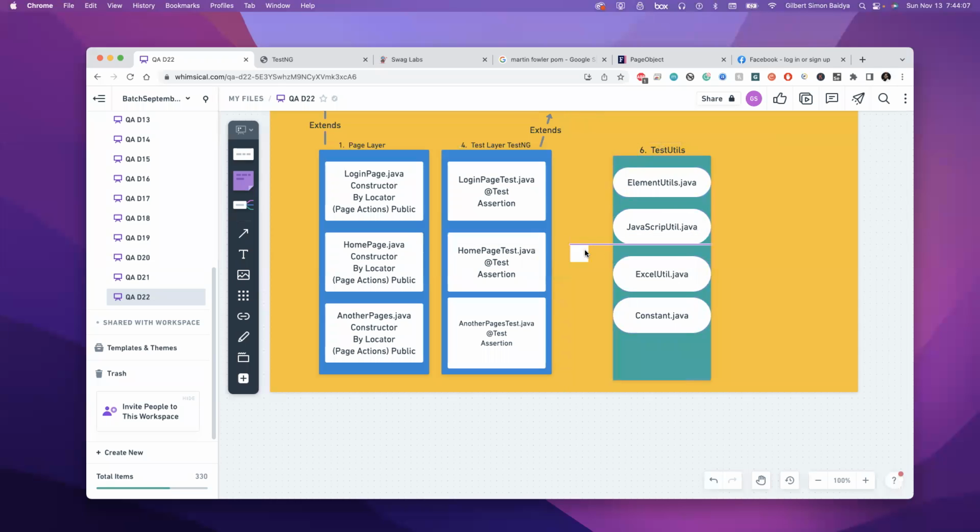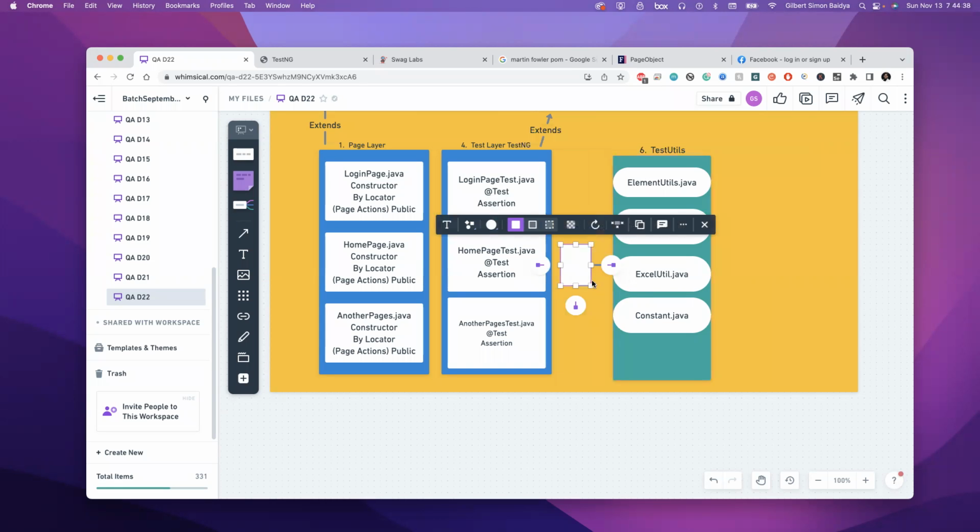Something. No. This is my data provider. Let me make it easy for you guys. So what does the data provider do? It will make some relationship. How will it make some relationship? It will make some relationship with